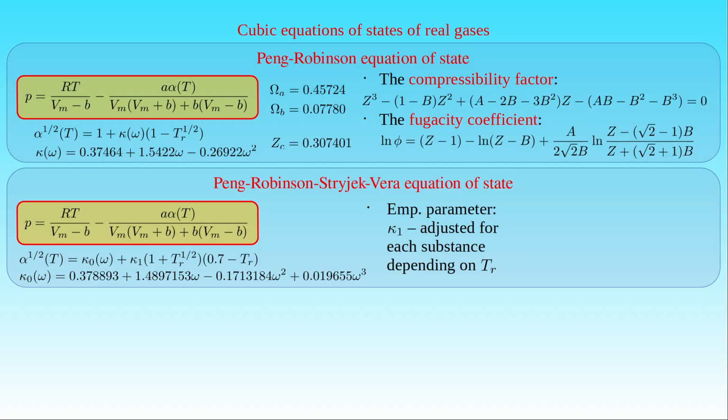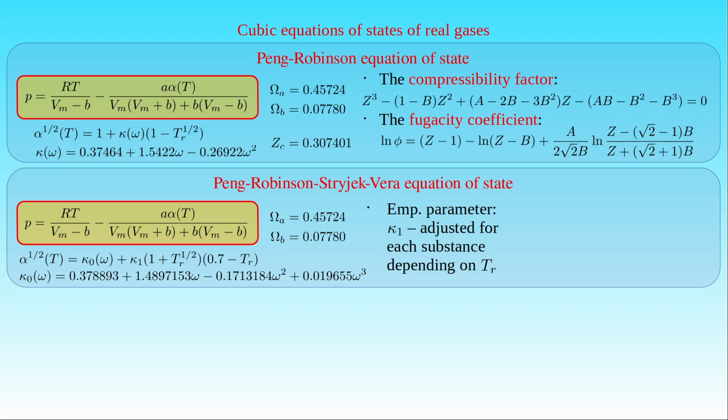The values of omega A and omega B for the modified Peng-Robinson equation are the same as those derived for the original equation of state, but the pressure correction factor A is different due to the application of an improved alpha function. Since the Peng-Robinson equation and the modified equation introduced by Stryjek and Vera have the same form,